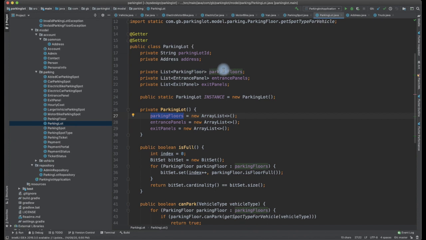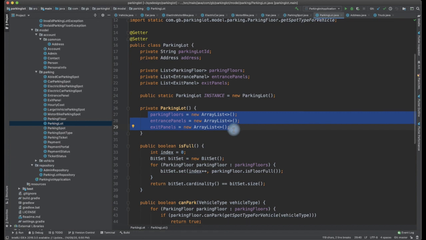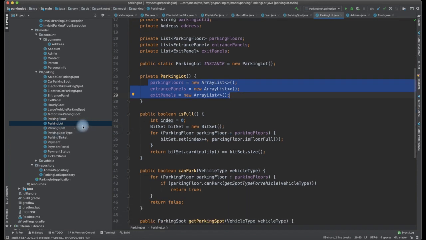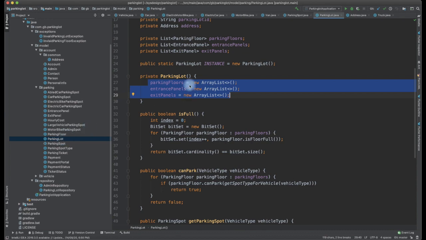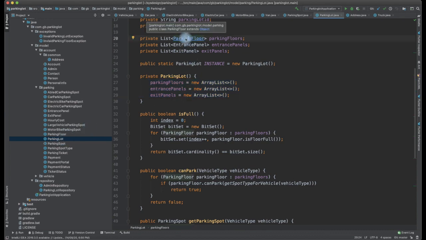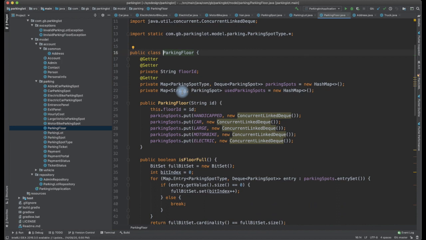We have to initialize this, right? This is a collection class. At the time of creating the parking lot, we are initializing the array list. So as we initialize the parking lot, the next thing that we need to look into is the parking floor, and what a parking floor contains. Pay careful attention to the getters and setters. I am not putting getters and setters for every property that we have here. Pause the video and carefully understand why certain properties do not have setters and why certain properties have setters. Please go through it. The code is available in GitHub. You should be able to get it.